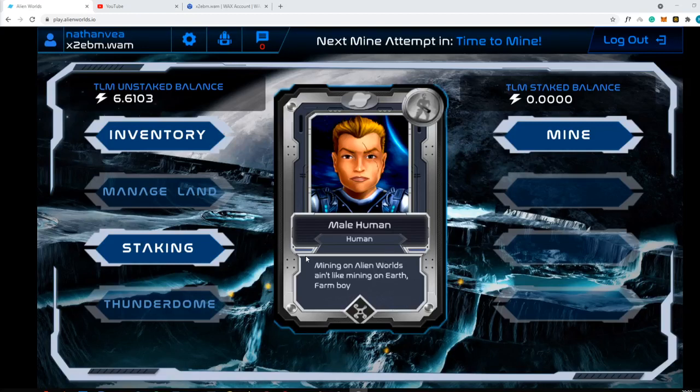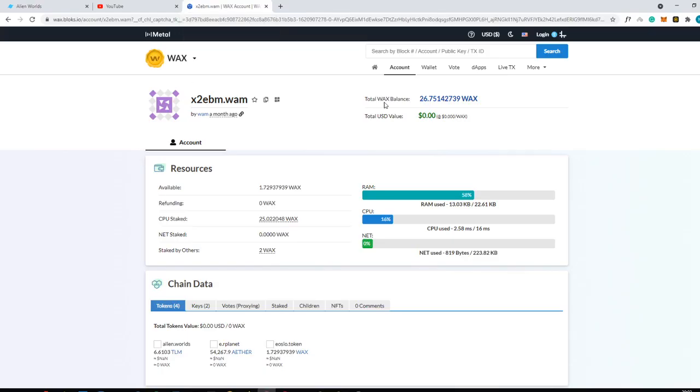Today I will be showing you how you can combine multiple items in the Alien Worlds blockchain so that you can save time and maximize your profits, whether you are farming TLM or farming NFTs. So the first thing that we need to do is go here